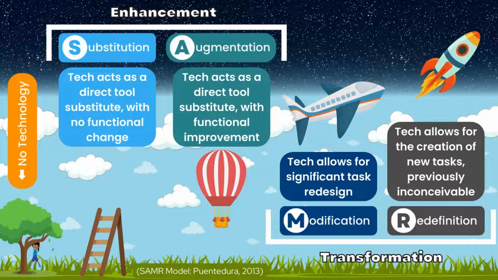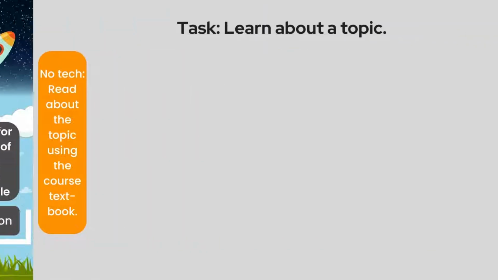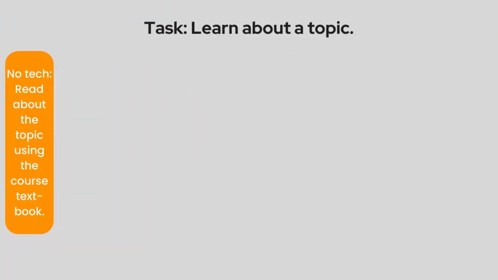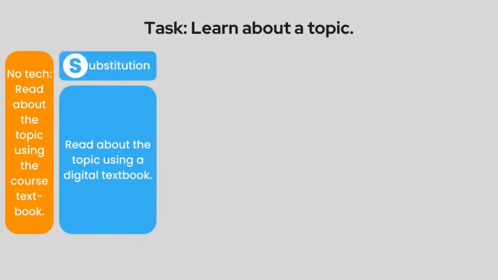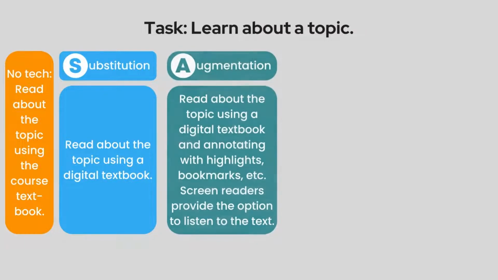Let's look at an example lesson task and apply the SAMR model. Here's a classic example of a task used at many grade levels and across many subjects. Learn about a topic. In our no-tech example, we might read about this topic using the course textbook. To substitute, we could instead read about the topic using a digital textbook. To augment the lesson, we could read about this topic using that digital textbook and annotating with highlights, bookmarks, etc. Screen readers also provide the option to listen to the text, which is a great adjustment for students struggling with